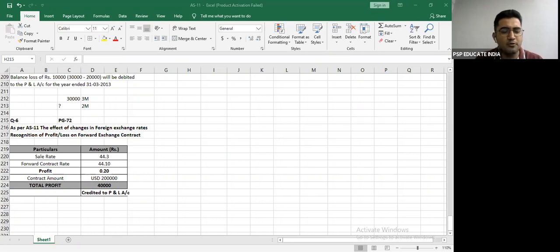No, you're not compelled to sell it to the bank. So the question is that, are we compelled to sell this to the bank? You're not compelled. You can sell it to even any dealer. So say for example, you go to a foreign trip. When you come back from the foreign trip at Mumbai, at the airport, there are exchange dealers. You can sell it to them and get your INR back.